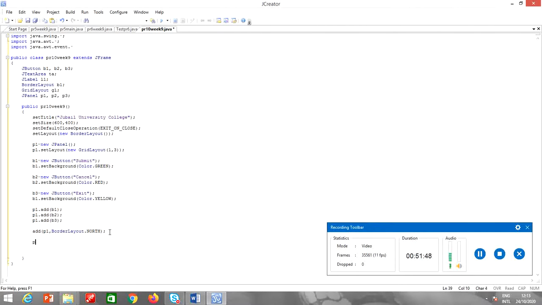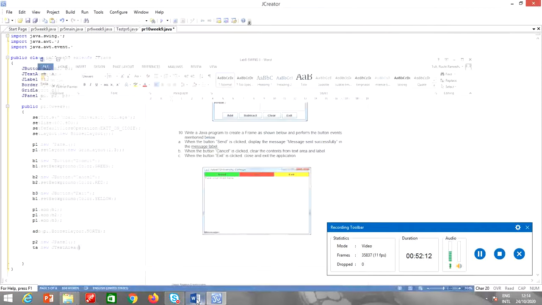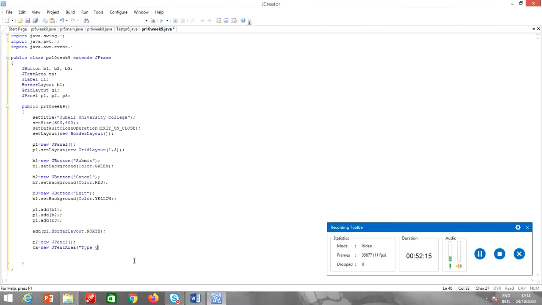Okay, now I will create another panel. p2 is equal to new. I don't need to have any layout for the panel 2. Okay, I need to define a text area. TA is equal to new JTextArea, and do I have some default? Type your mail here. Let me just give it a size 20 and 50 maybe. Alright, p2 dot add TA,